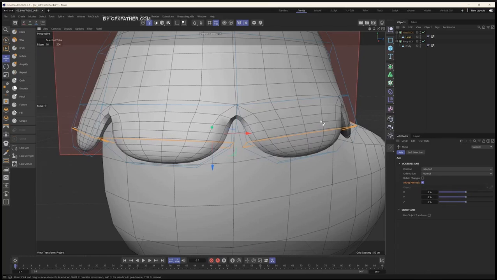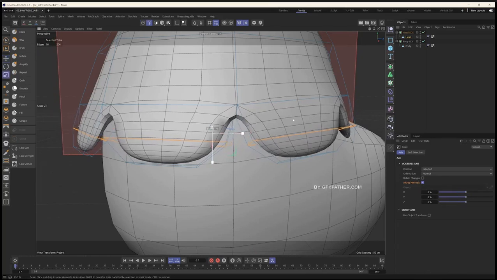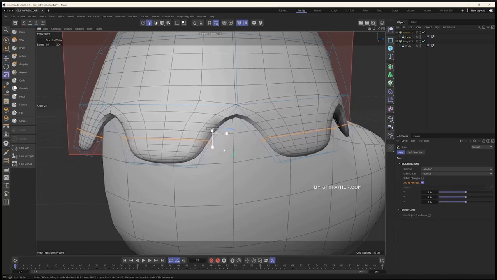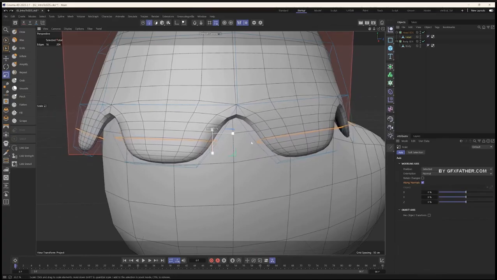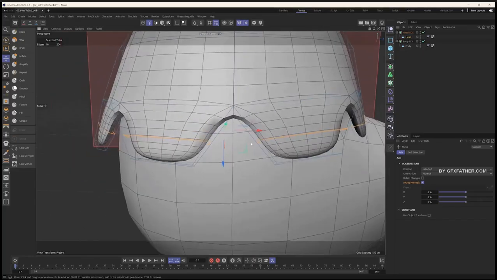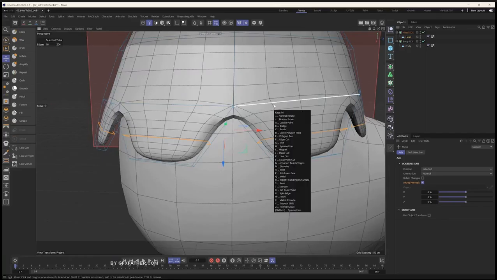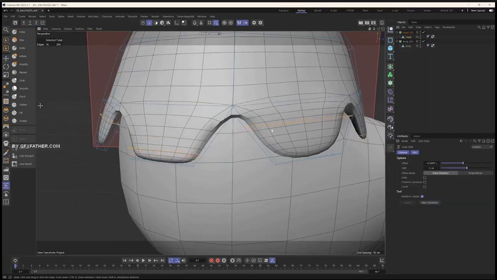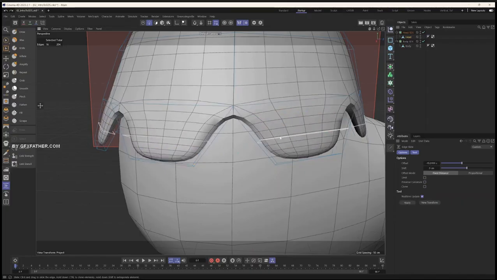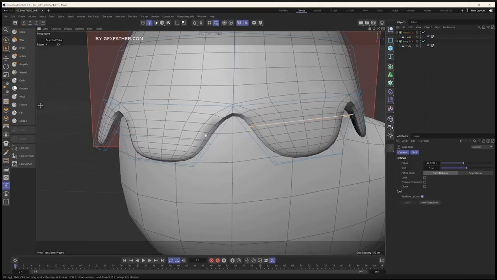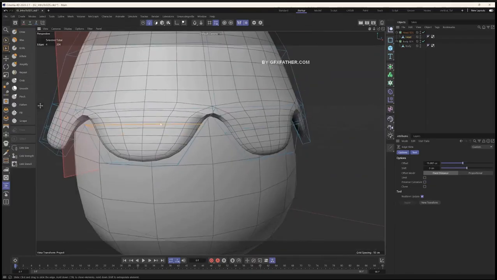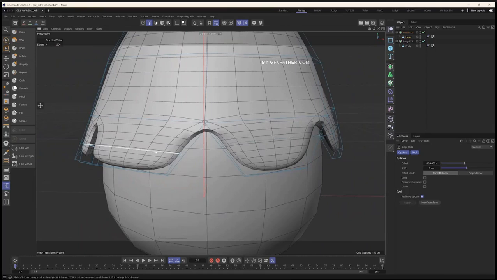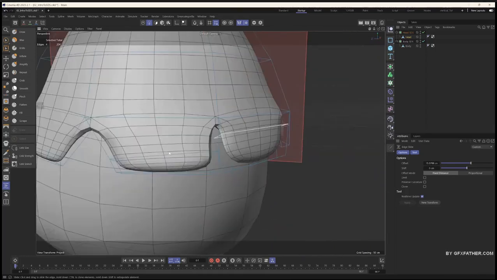And so if I go ahead and hit T for scale and hold down the T key and scale this down, you can see I'm actually scaling all these down similarly to how we were scaling down the normals like we were doing before. So this is looking good. Maybe I want these edges to move up, so I'll hit M and then O for the slide tool and slide all these up. And you can see we're actually sliding in different directions here. So it looks like I'll have to double click each one and slide them up, which is fine because we can actually add some variation in here as well to make it look a little bit more